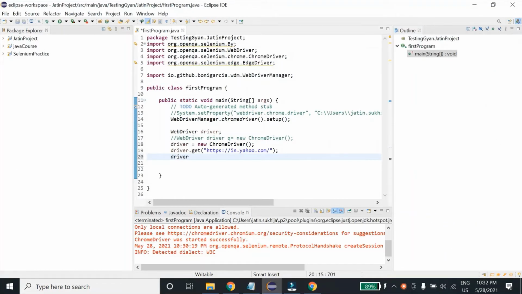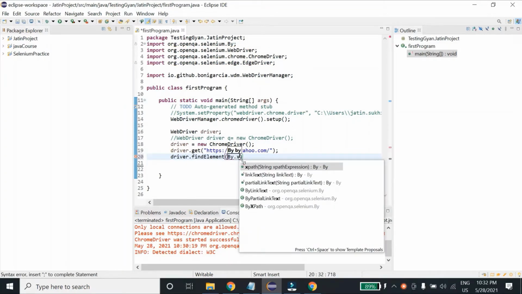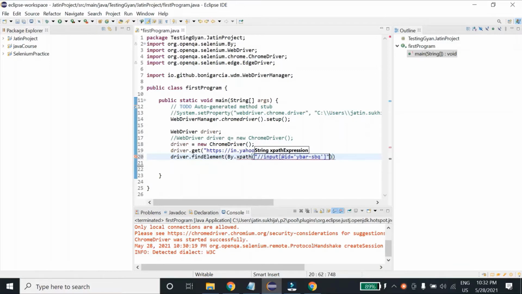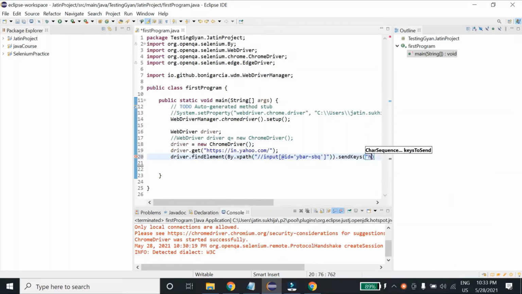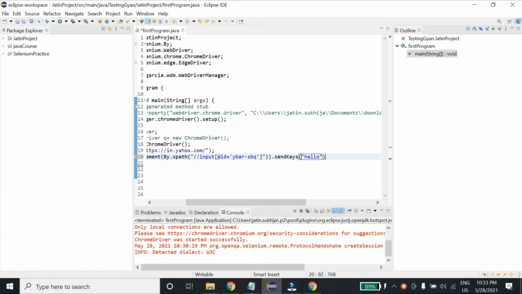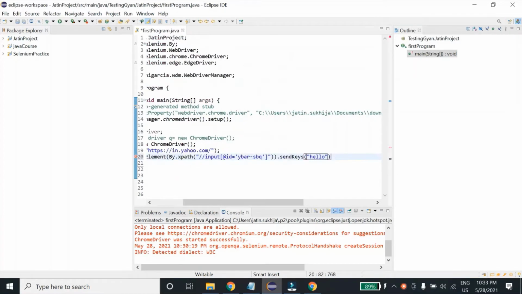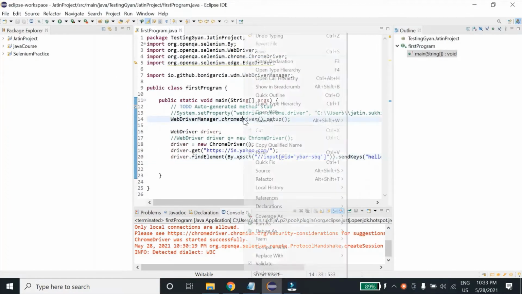Driver dot find element by dot XPath, dot send keys, Hello. Let me close this. Let me run this now.